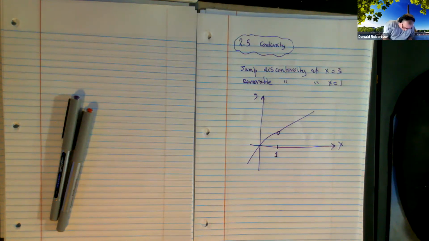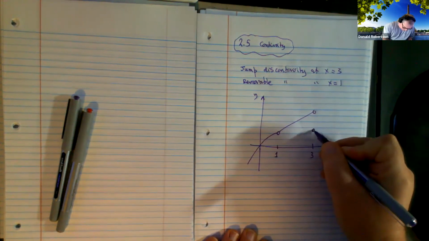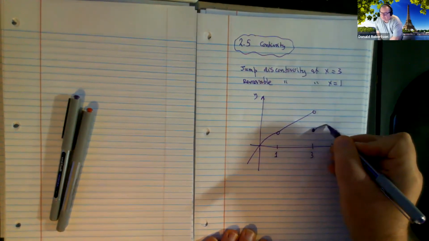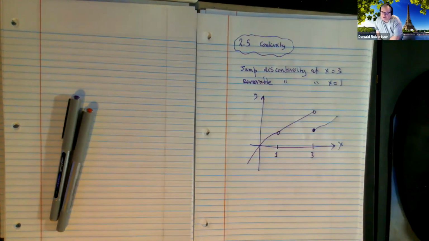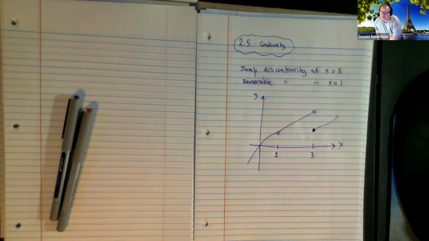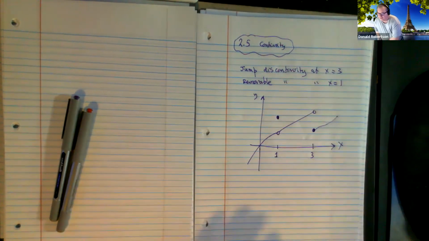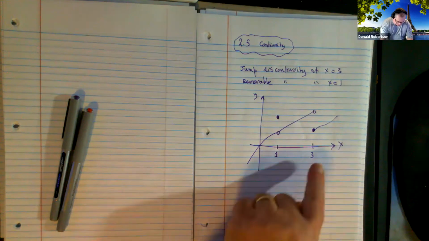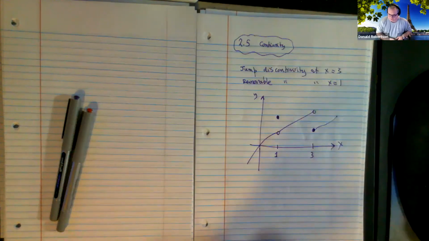Now, I want a jump discontinuity at 3. Couldn't I do that? Would you agree that has all the features that we want? Would you agree that there are many graphs that have that same feature, right? Couldn't you do all sorts of different versions of it? I mean, just right now, couldn't I put a dot there, and wouldn't that be a slightly different version of the one I had? But couldn't I have this piece up there? Couldn't I have this pointing down the way and this piece up there? Couldn't I do all sorts of things?